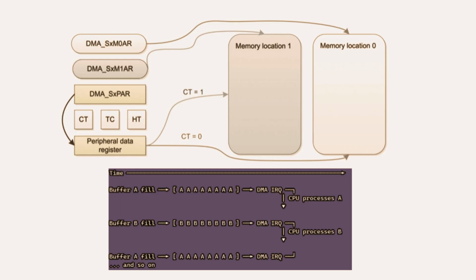the CPU should have finished processing by now. That second interrupt tells the CPU buffer B is now ready for processing. The CPU works on buffer B while DMA refills buffer A. It just bounces back and forth. Ping pong. Precisely. DMA is always writing to one buffer, while the CPU is always reading from the other, already